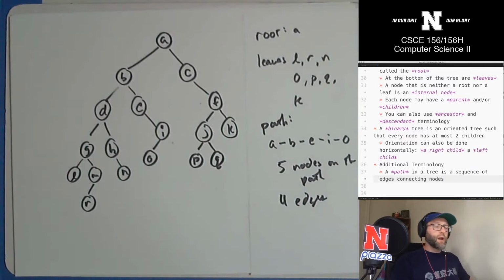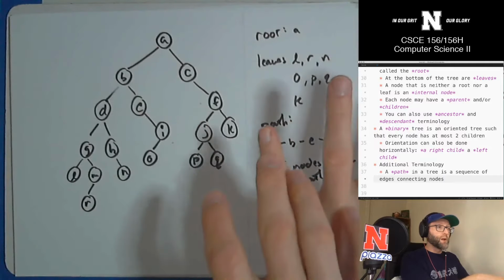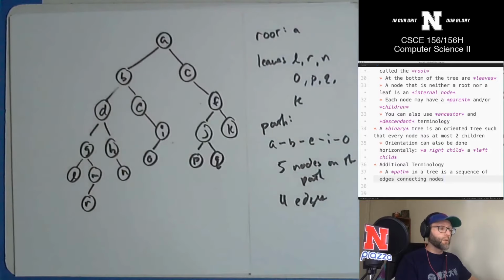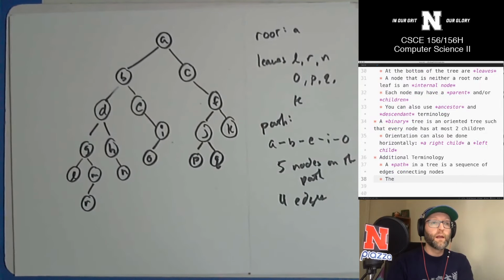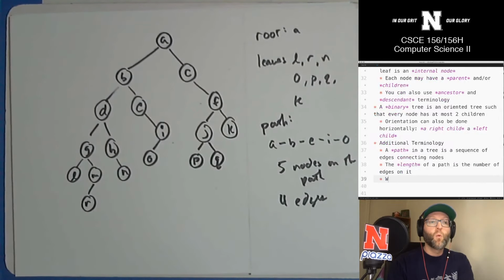In fact, on any path, if you have n nodes, you're going to have n minus 1 edges between them, because if you've got 5 fingers, you've got 4 gaps to connect them all. So for any path with n nodes, you have n minus 1 edges. And the length of a path is the number of edges on it. We only consider